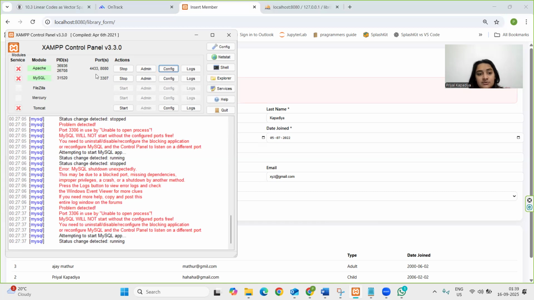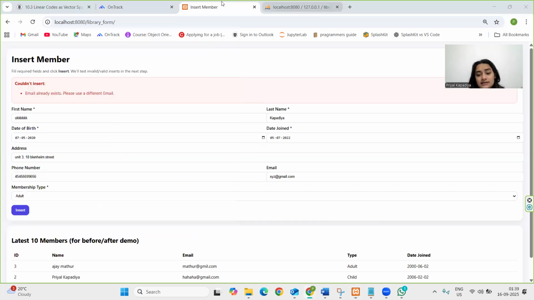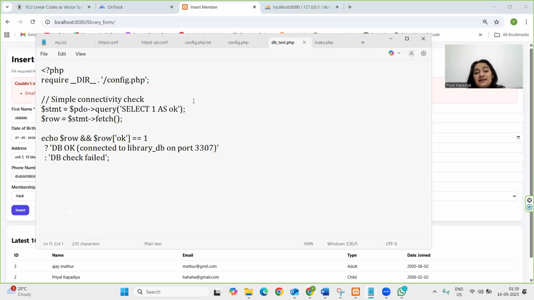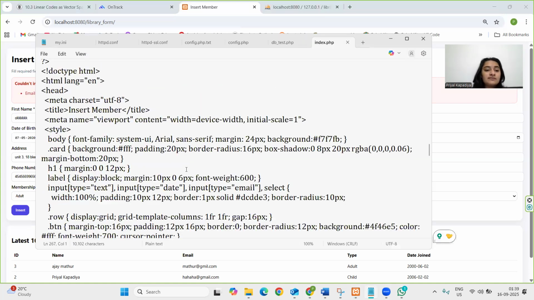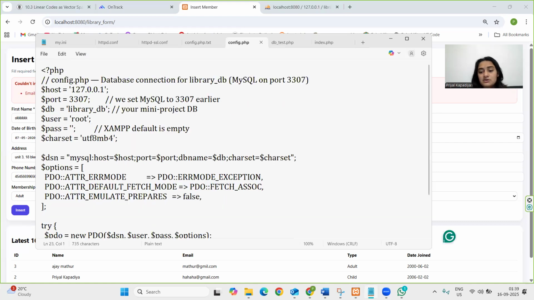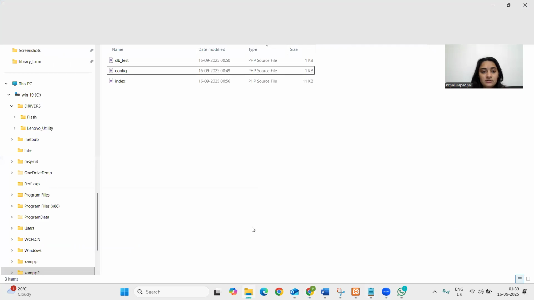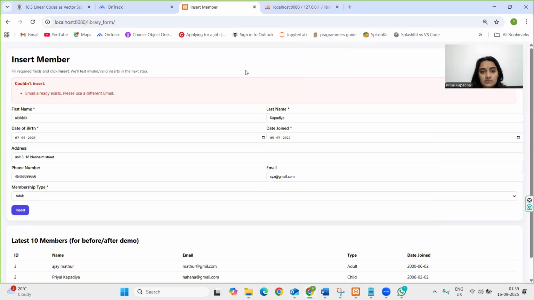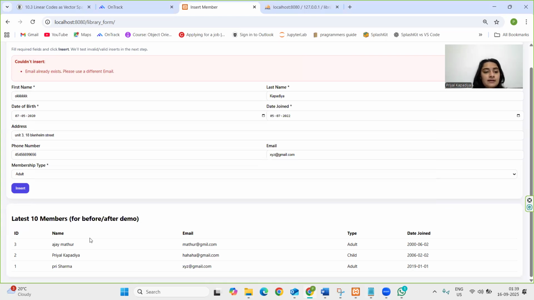So this is the setup I did, and then I created two PHP files. The first was the DB test file, which is here, and the second is index.php. It is like an HTML coding file which makes the interface. There is one more file called config.php. I have saved them here, as you can see. I have already done many trial and errors with this, so let's start with